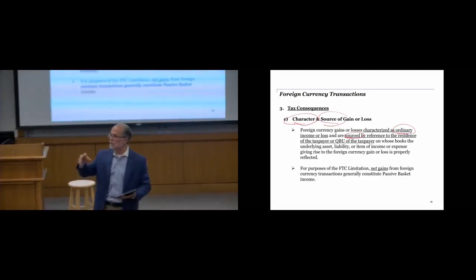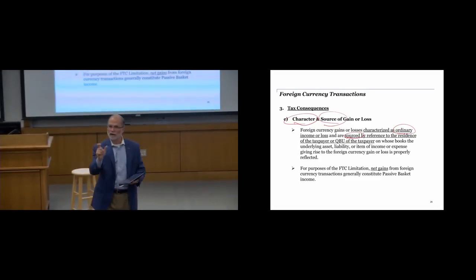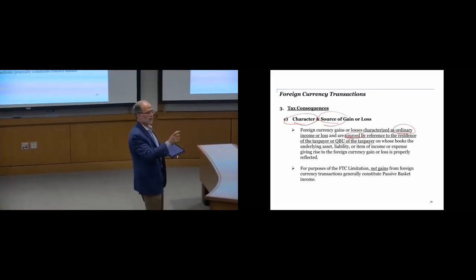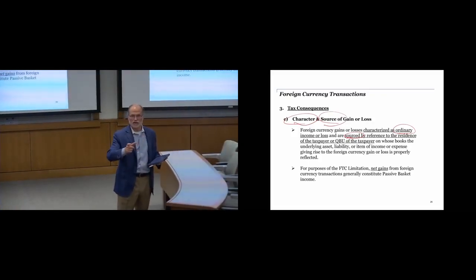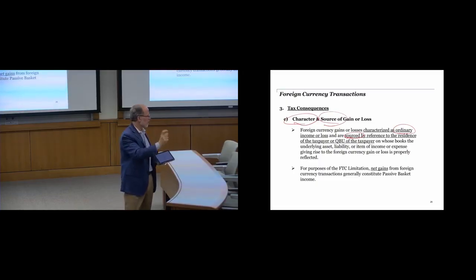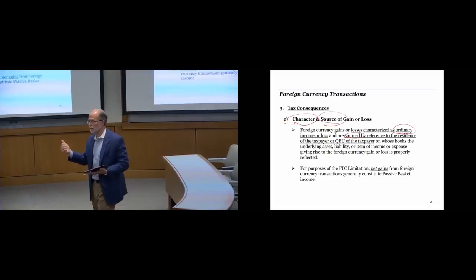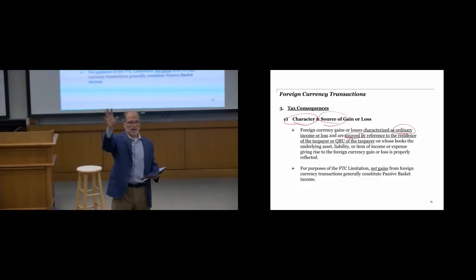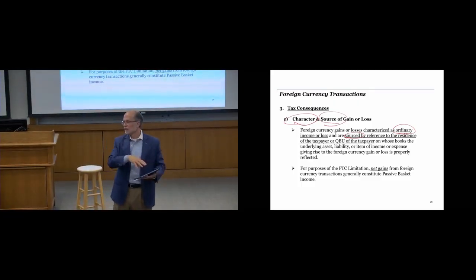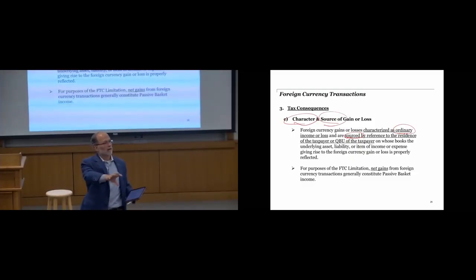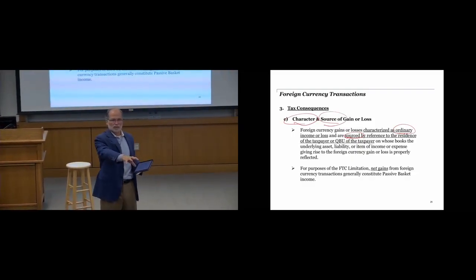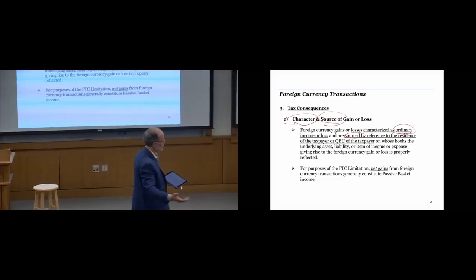So depending on where the asset or the liability that's giving rise to the foreign currency gain or loss sits, whoever's financial statements it sits on, that's going to be driven by whether it's U.S. source or foreign source. So a U.S. taxpayer doing it directly is clearly U.S. source. What if it's my French branch doing the transaction? If it's on the books and records of the French branch, that would make it foreign source. That's important for FTC